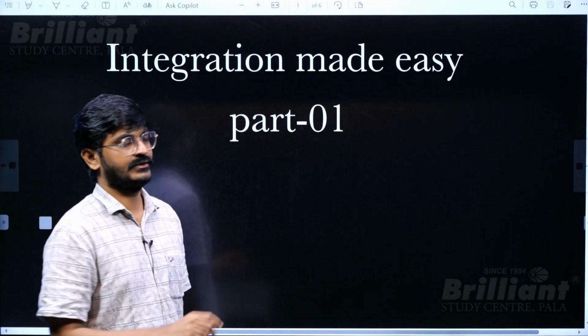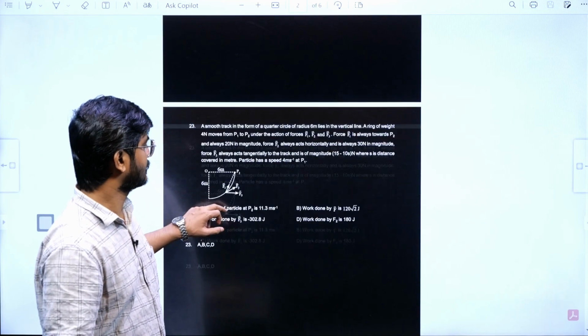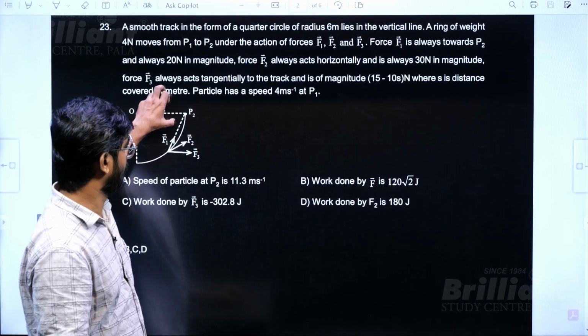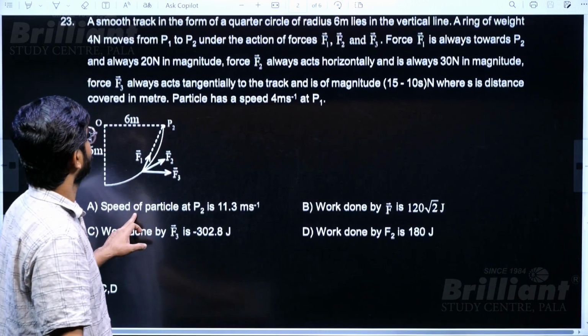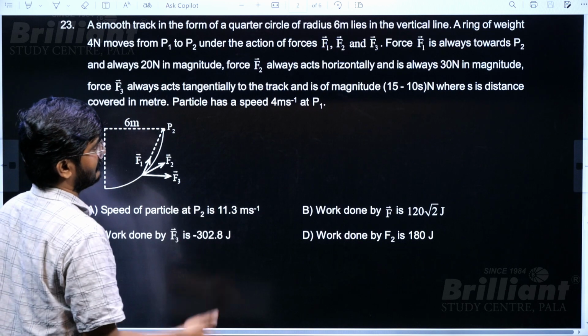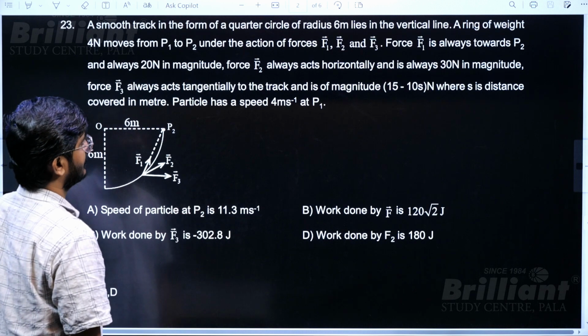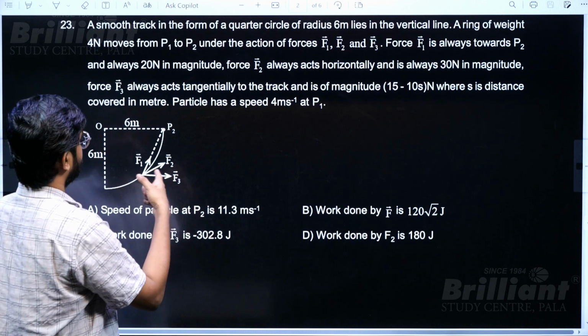Hi kids, we'll be looking into this question which most of you will be knowing anyway how to solve. So this was the question, probably some of you would have seen it in your package. A smooth track in the form of quarter circle of radius 6 meter. Anyway, values don't matter to me, I just want to show you how to do the integration, especially for this force